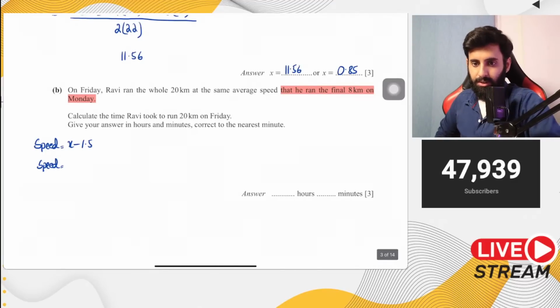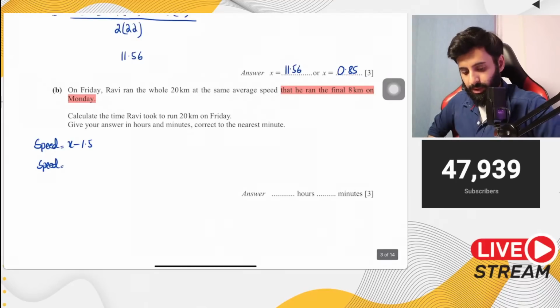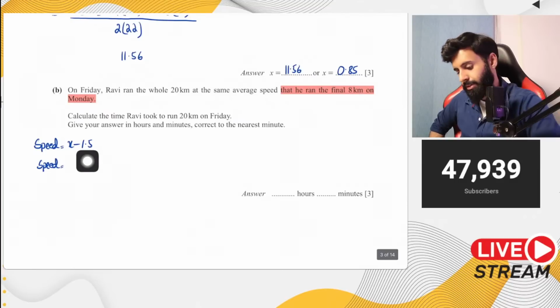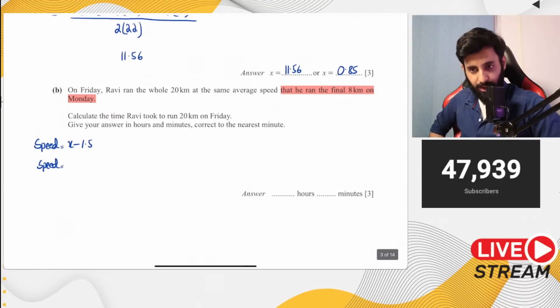11.56, that's the correct answer. Why 11.56? Why will I use 11.56? Because if I end up using 0.85, then 0.85 minus 1.5 will lead to a negative value, and speed, as we should know, can't be negative. So that means